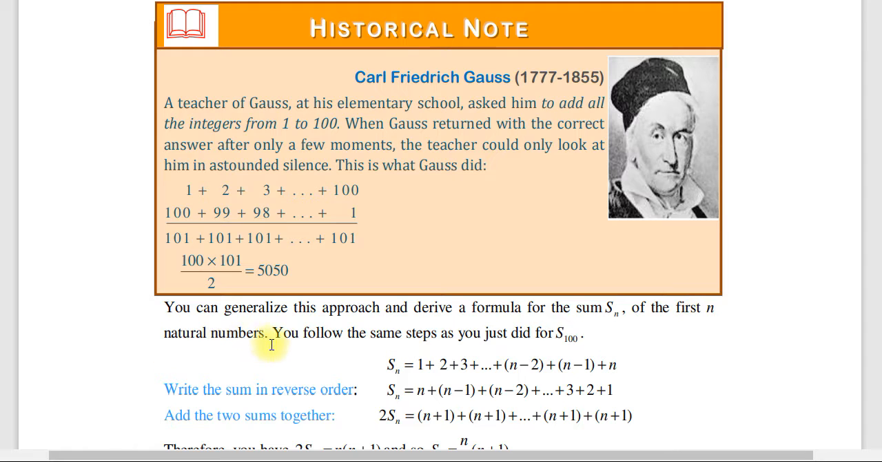So you can generalize this approach and derive a formula for the sum Sn of the first n natural numbers. You follow the same steps as you just did for 100. Okay? አሁን ለምሳሌ Sn ከ1 እስከ n ድረስ የሆነ ቁጥር ይዘርዘር። 1 2 3 up to n-2, n-1, n ድረስ ሄደ። ይህን እናዞረውና S2 ደግሞ n plus n-1 plus n-2 up to 1 ድረስ ተዘረዘረ። ከዛ ቁልቁል እንደምረዋለን። ስንደምረው 1 plus n, 2 plus n-1, ኦኬ